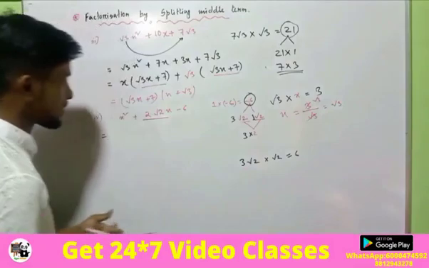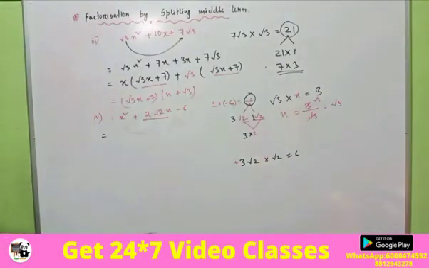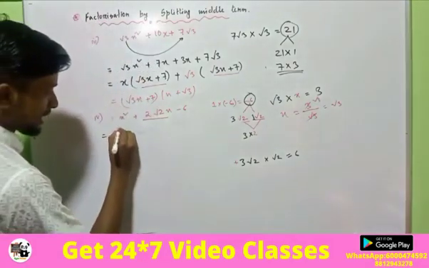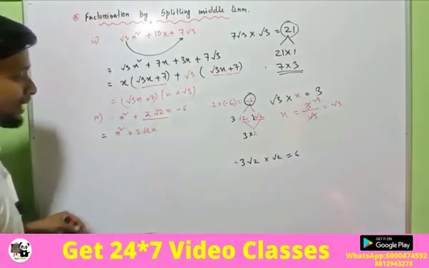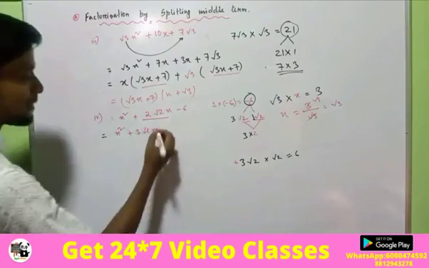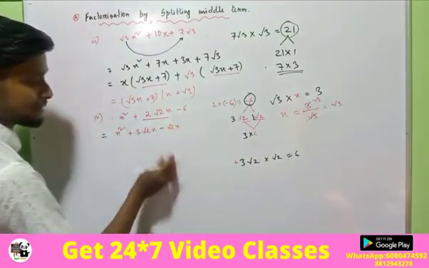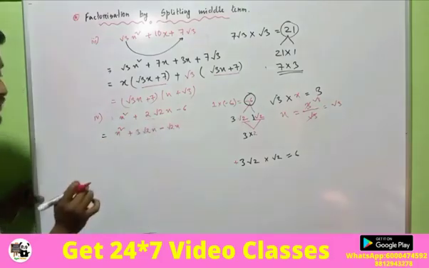So what sign do we have to put? We have to put a plus sign in front of this bigger number. Suppose x plus 3 root 2 x. If we are putting 3 root 2 plus 3 root 2, then obviously we have to put a minus sign in front of root 2 x. Then only we can get twice root 2, 3 minus 1, that is 2.